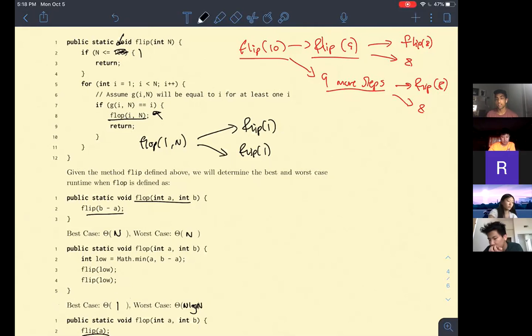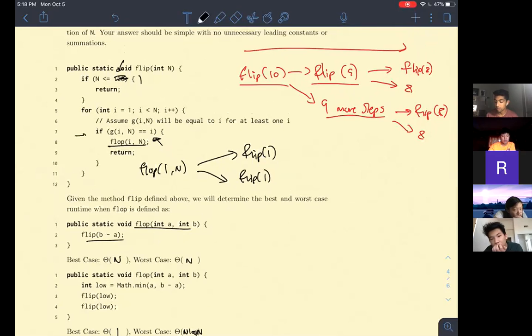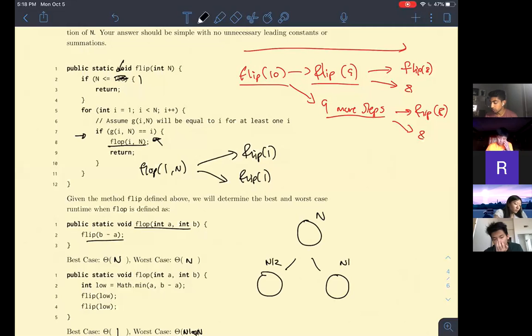In the worst case, on the other hand, the idea is we will enter the if condition when i is equal to n over 2. When we enter the if condition, if i is equal to n over 2, we will get the following tree. We will have n as the first input, then we will have n over 2, and these are all calls to flip. So if we enter when i is equal to n over 2, low will be equal to n over 2. And if we call flip on n over 2 and a flip on n over 2,